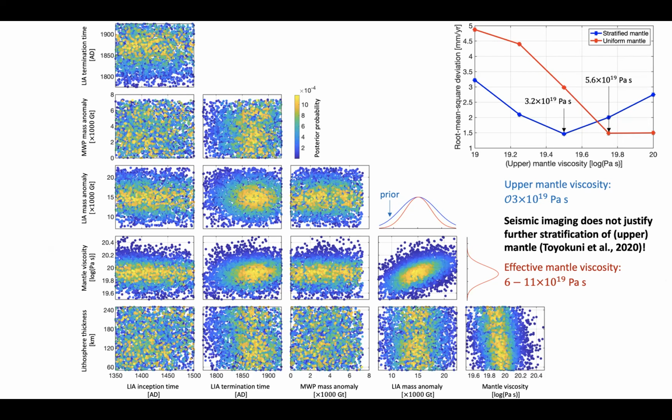So you cannot really invoke the presence of asthenosphere all over Greenland. And of course, there is the asthenosphere, if you may call it that way, in the southeast region, but it only represents a regional or local part of Greenland, not the entire Greenland subcontinent.